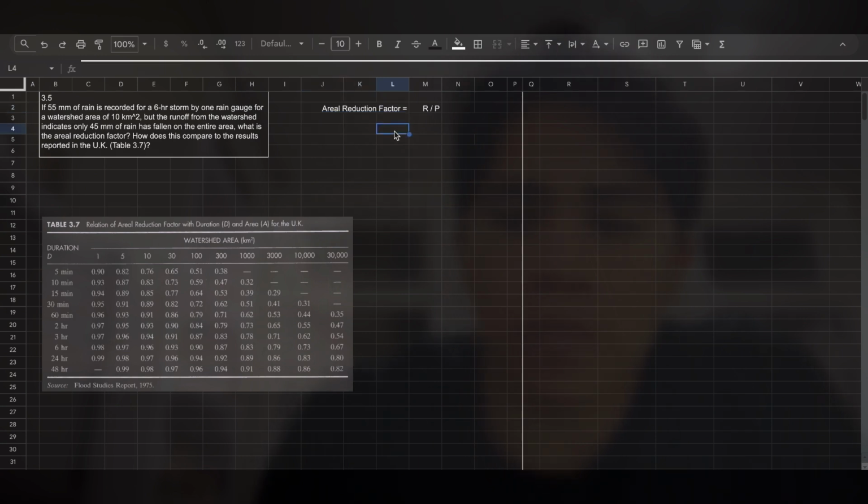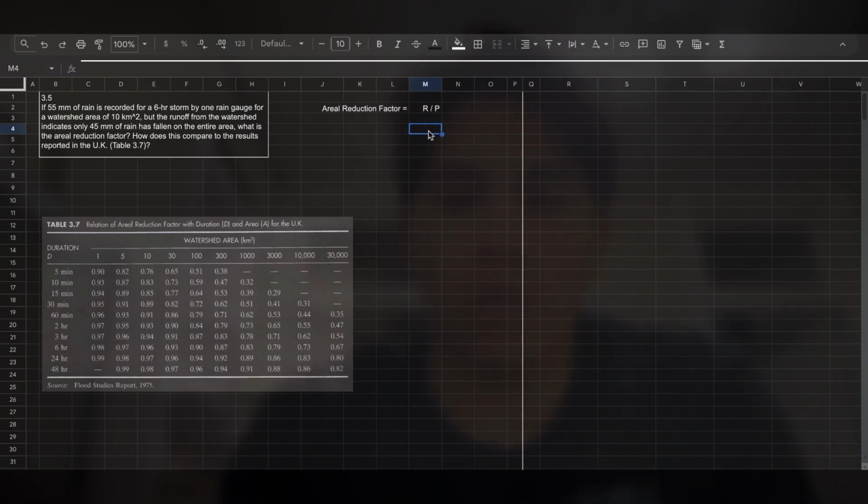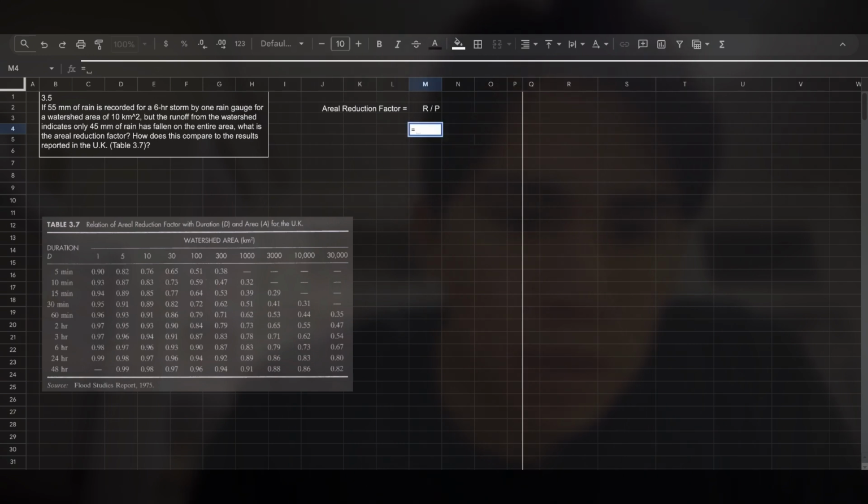And all we need to do for this problem is use the runoff volume divided by the precipitation. Something very important is this runoff volume. It's a volume, it's not a volume rate, it's not cubic feet per second. So if in another problem you are given a cubic feet per second, you have to multiply that value times the 6 hours of the storm, so you can get the runoff as a volume. So in this problem, it's very simple. We just need to plug the 45 millimeters divided by 55, that is the precipitation, and that will be our